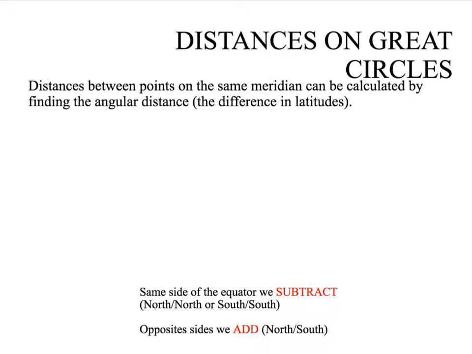So for example, say we had 65 degrees north and 20 degrees north. So these were our two latitude measurements. So to find the difference,